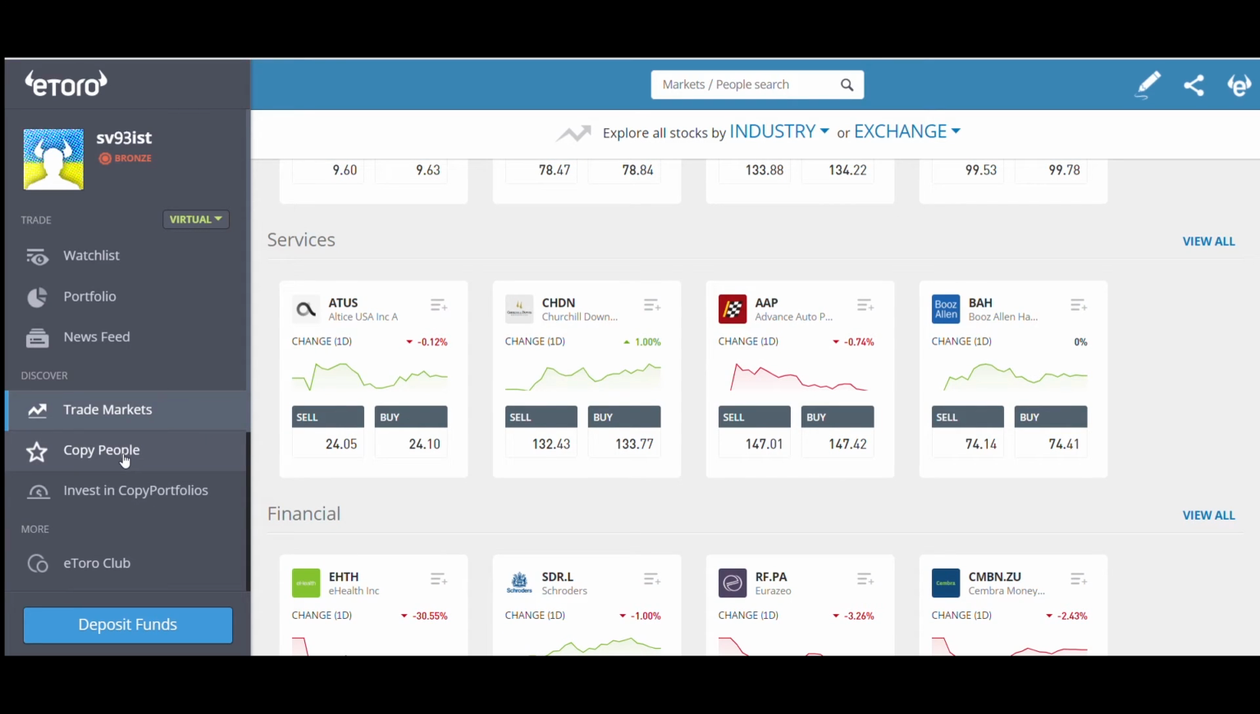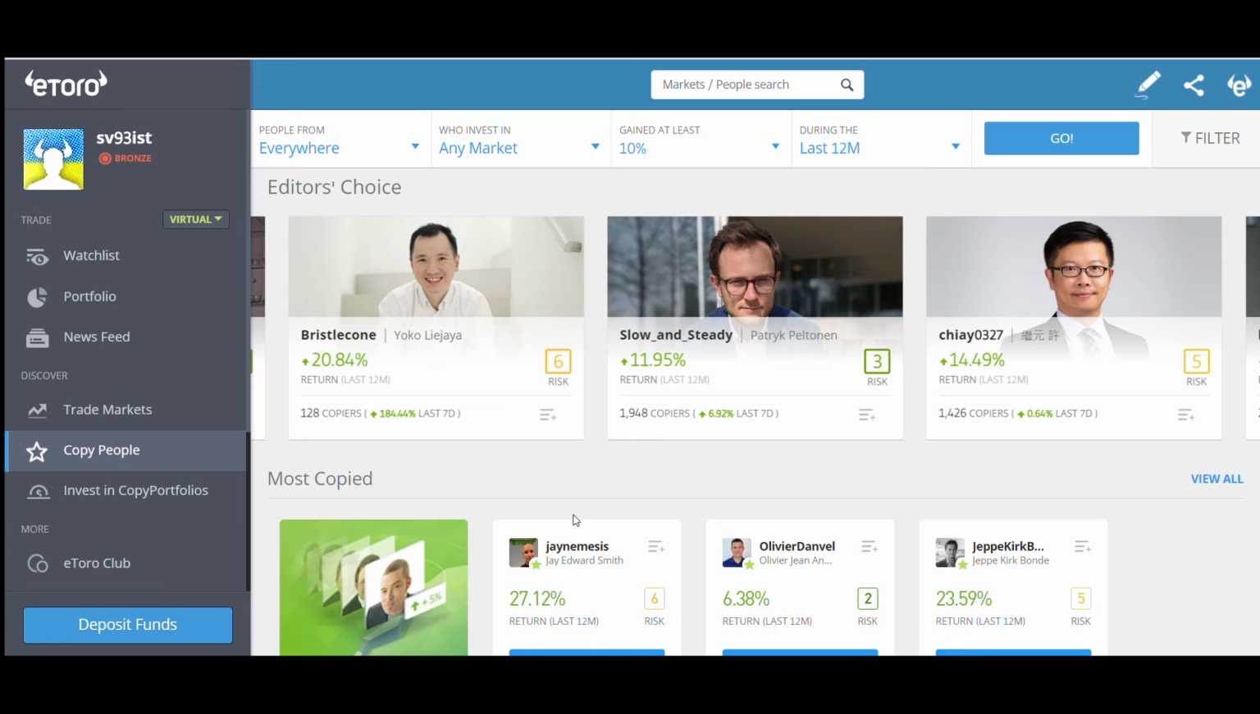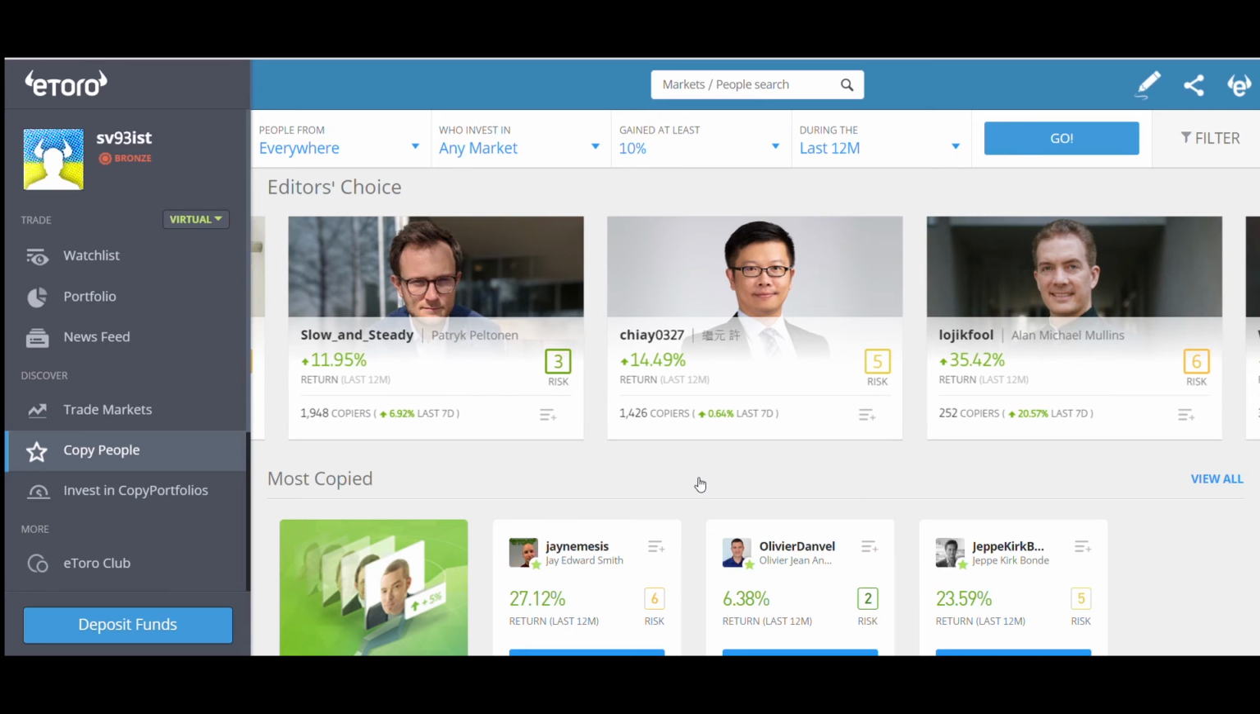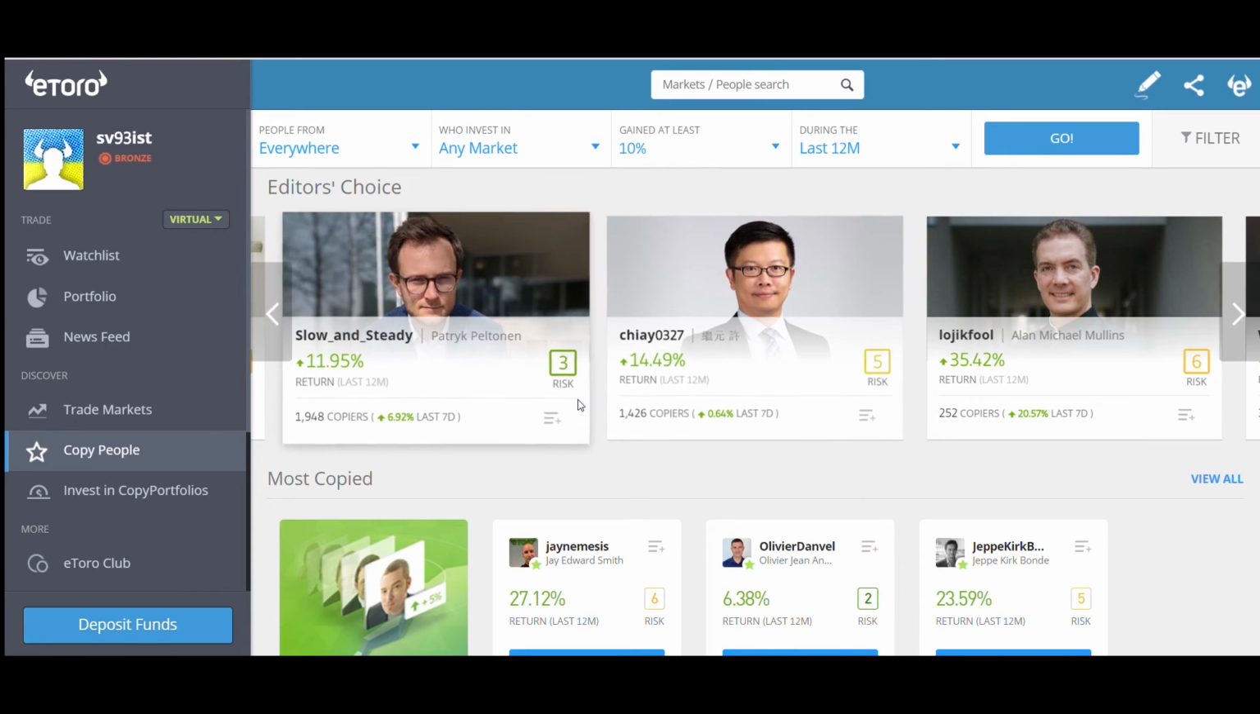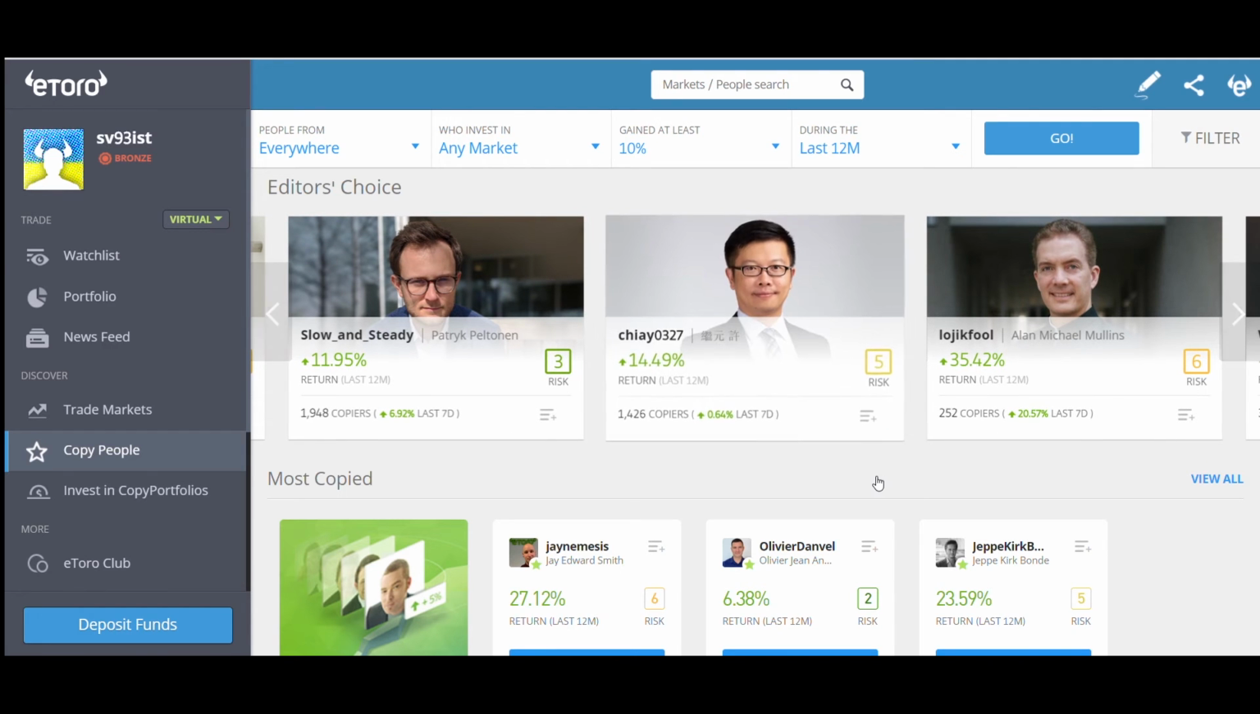In the copy people section, you can copy other eToro investors that might be professionals and know what they are doing, and you just copy their investments into your portfolio. There is also a very useful thing: eToro points out the risks. There's a scale from 1 to 10. The 3 means it's less than average risk. The 5 is medium risk, so you can buy